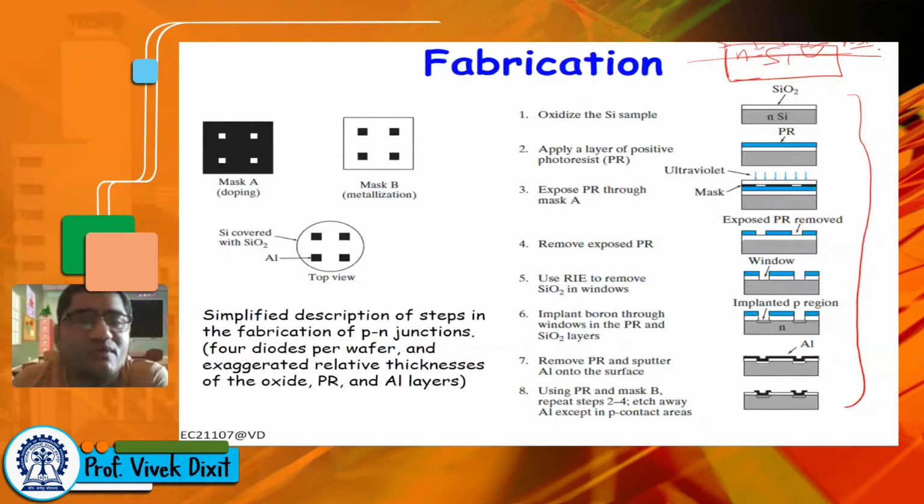But that will not be useful because the whole wafer would work as one PN junction, not very useful, right? We want to make devices. So we have to choose some places where we want to make a PN junction, and we have to make the circuit also, right? So what we will do in this example,